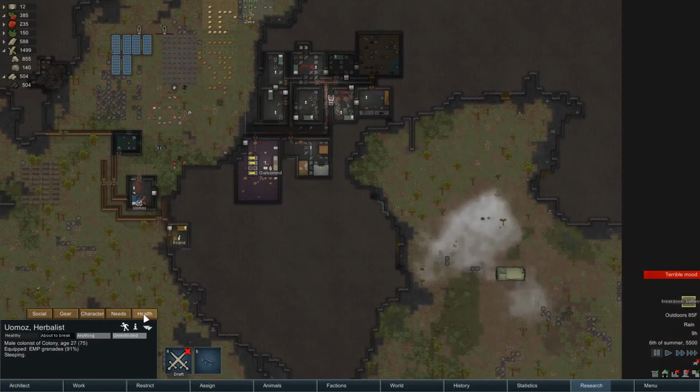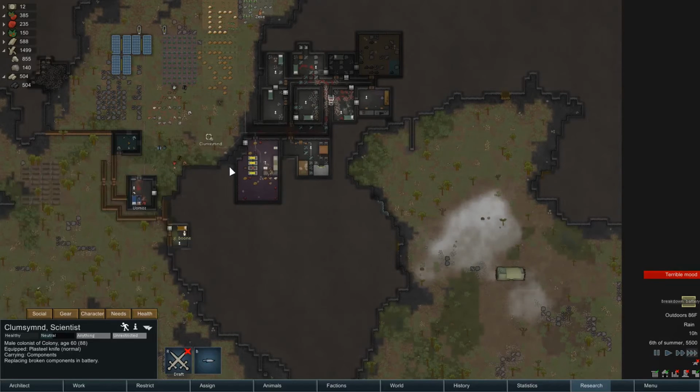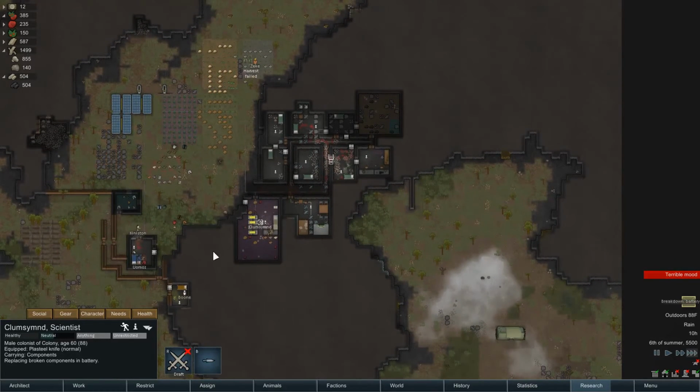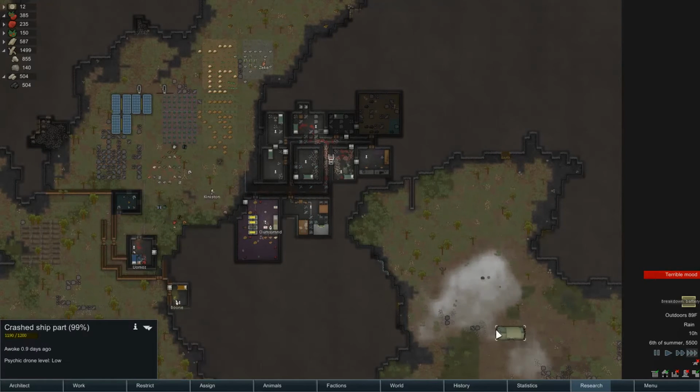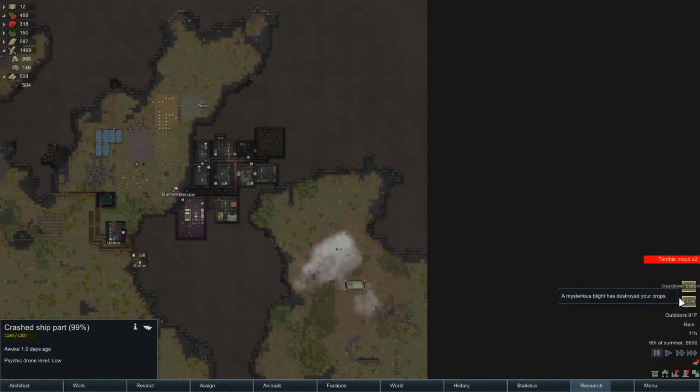So Yumaz, I know you need treatment. And we do have some meals. Alright guys. I think we're going to go ahead and take on the crash ship here. I think that's alright. So Blight, a mysterious...